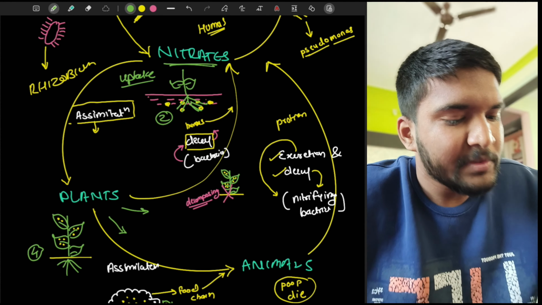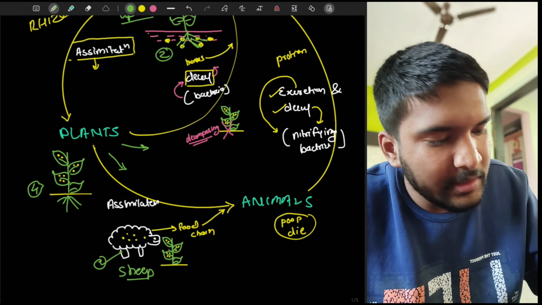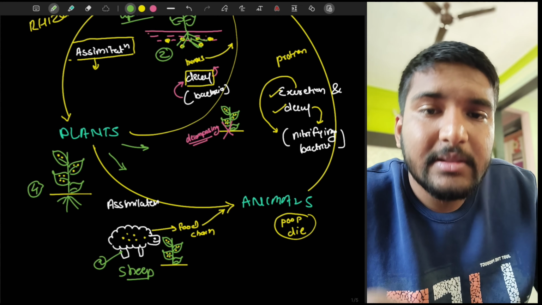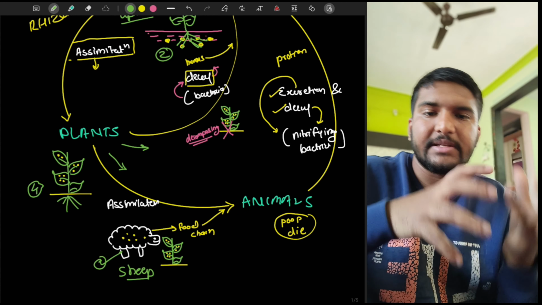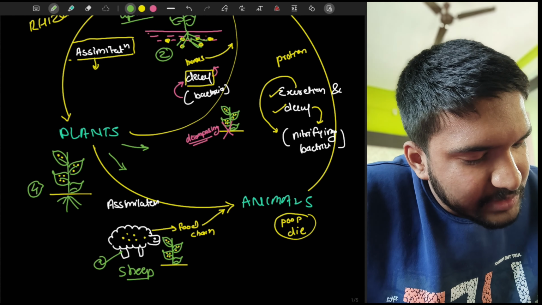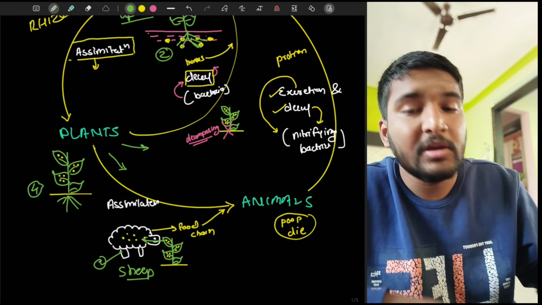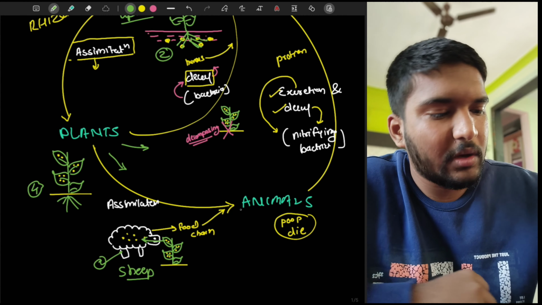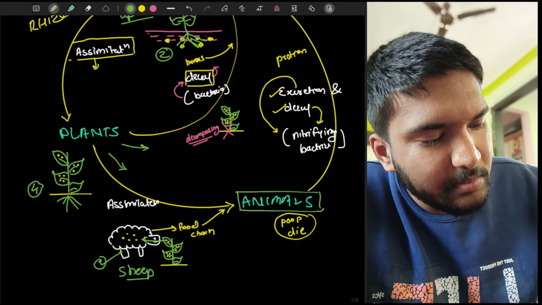The second one is plants being consumed by human beings or by animals. So I've drawn a small cute sheep over here to show that plants are being eaten. Now what happens when the plant is being eaten? These nitrogen compounds transfer from plants into animals. You can see clearly these yellow nitrogen compounds are being transported into this sheep. So now finally, nitrates or these nitrogen compounds are inside animals.